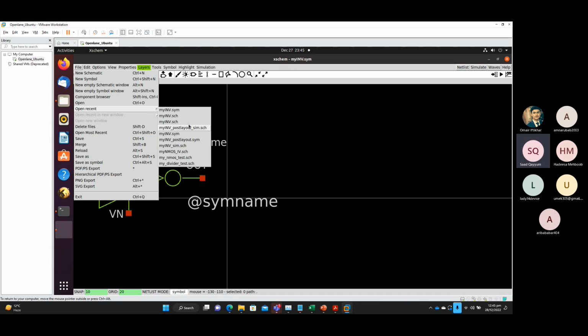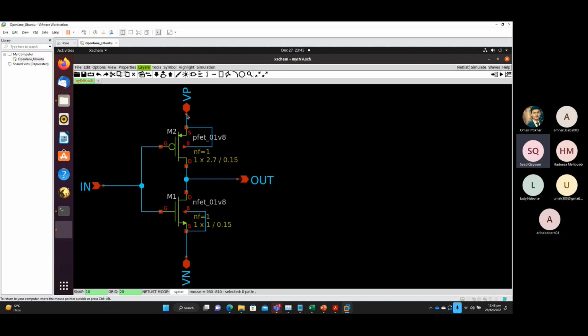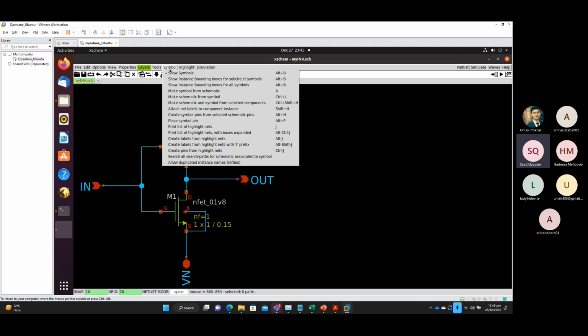And then the way I did it was that I opened the schematic, and from the symbol menu, I selected this option, make a symbol from schematic. So it automatically created a box with all the pins and everything there. So you don't need to do it. If you create a symbol from the schematic, it would automatically bring all the pins and then make a shape, which might not be very good, but